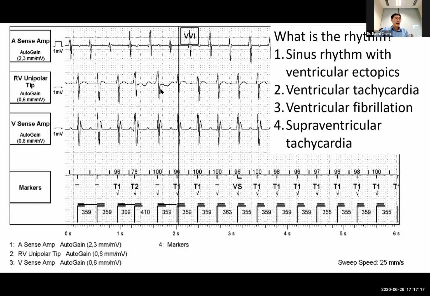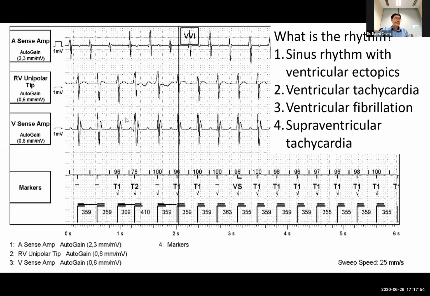fairly okay. Maybe there's one ectopic here, but this is a fairly regular tachycardia. The rate is at about 250 milliseconds, so it is fairly fast. And other than that, actually, if you look at this, you can see that it's fairly consistent, 1-to-1. So I would say that this would be more in keeping with